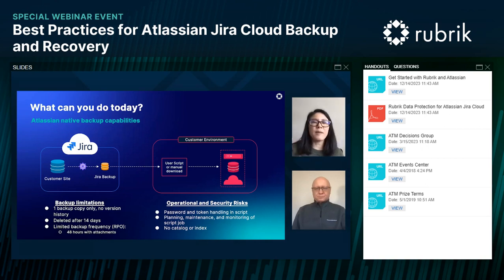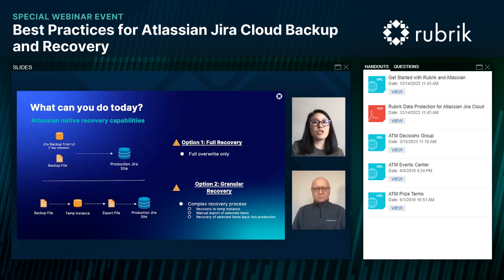Another thing to think about is, can I easily browse through all these versions and find what I need? When you do this, you will not have a catalog or an index, so it might be challenging to start rummaging through all these different versions to find what you need. And building out that secure infrastructure defeats the purpose of the whole SaaS model, where you're supposed to be hands-off. There are costs and resources associated with that infrastructure that you're not expecting when you sign up for a SaaS offering. Yep.